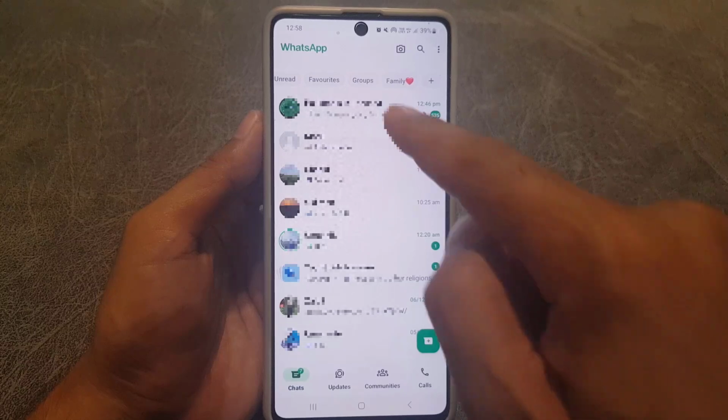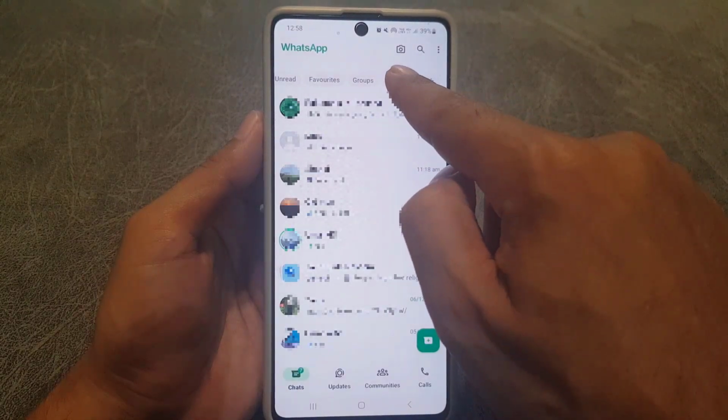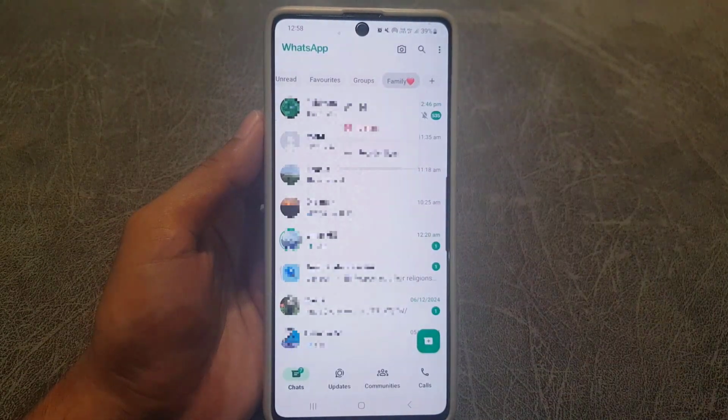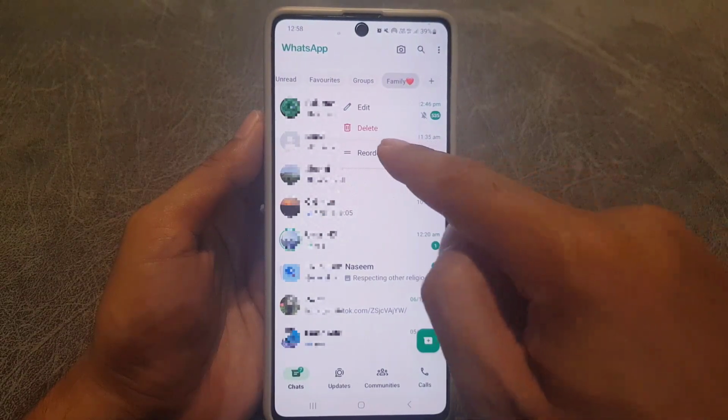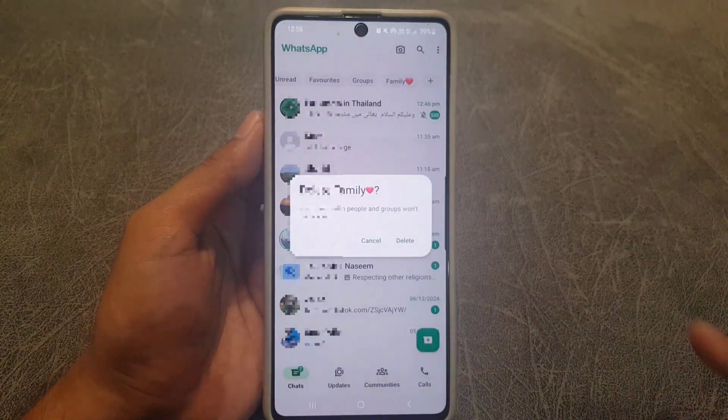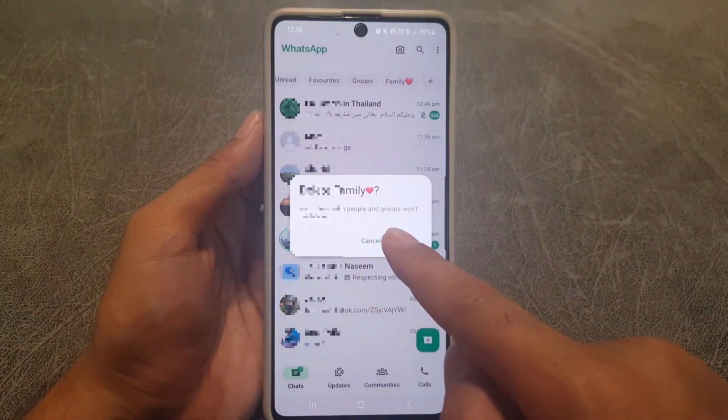So how am I going to do it? You need to just tap and hold and this menu will appear where you will find delete. So all you need to do is to tap on delete, and from here your chats with people and groups